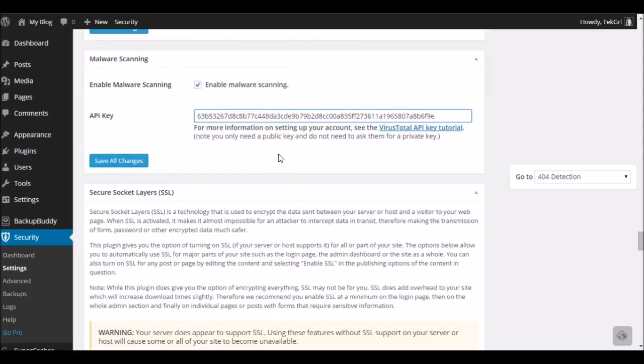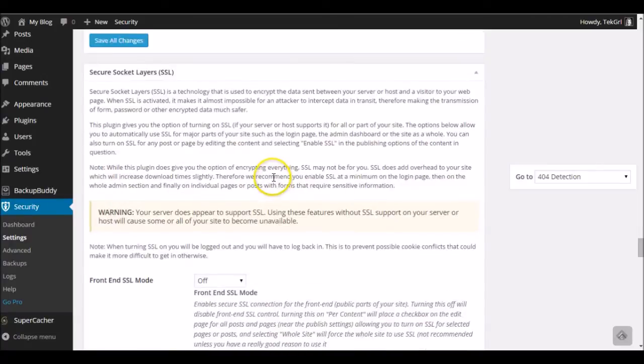Malware scanning basically means that at a set interval, your site will be looked at to make sure that there is no bad code on it. Nobody's injected anything nefarious. So this is, again, a very nice feature. It does take one extra step, but it's pretty easy. All right,